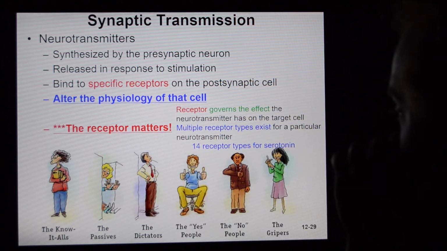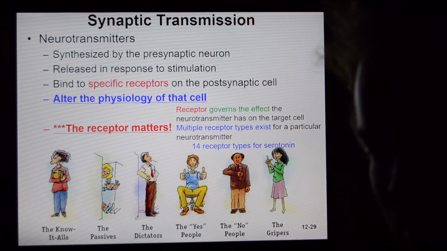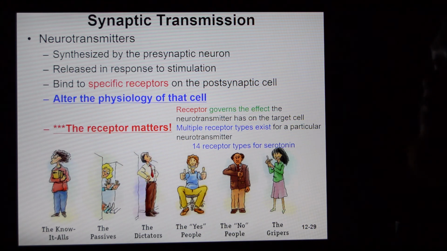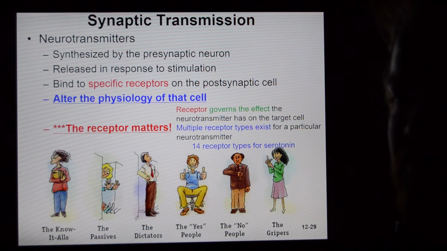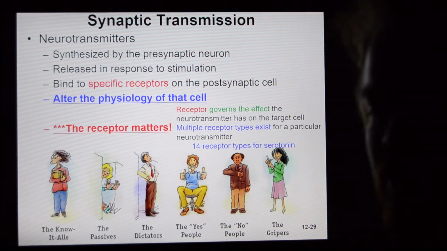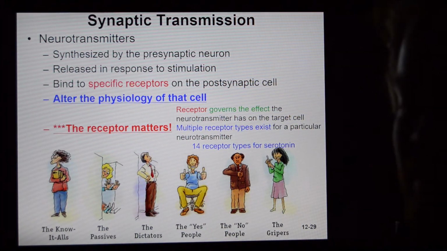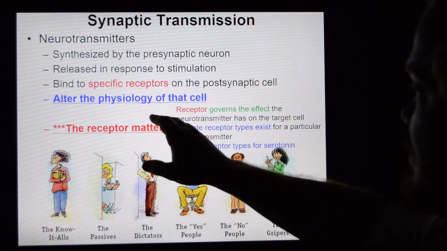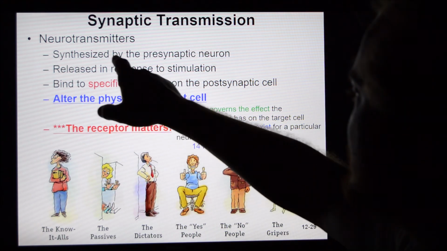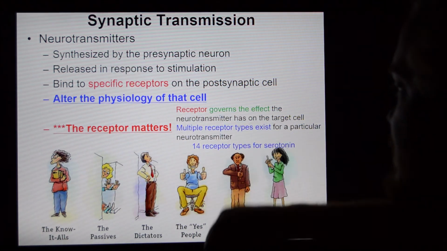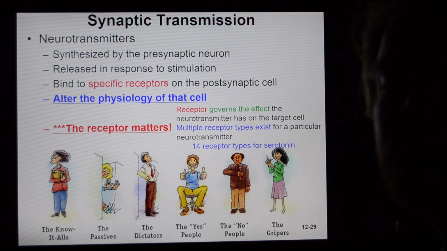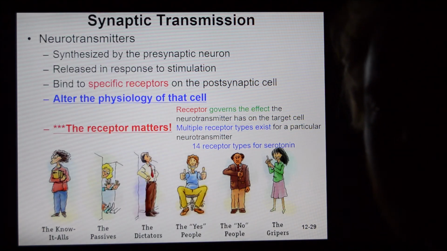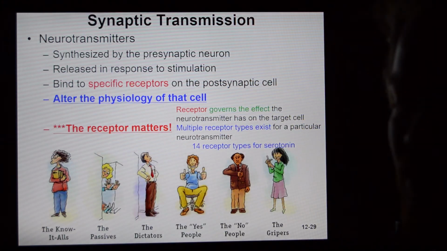Alright? These neurotransmitters can have inhibitory receptors, they can have excitatory receptors. So you can expose some types of muscle to acetylcholine, they are stimulated. You expose other types of muscle to acetylcholine, they are inhibited. So there is a lot of variation that can occur here. The physiology of the cell can certainly be altered by the type of receptor available. The receptor governs the effect, not the neurotransmitter. The neurotransmitter tells the receptor, hey, it's time, but the receptor determines inhibitory or excitatory or a grade within all of that. Alright?